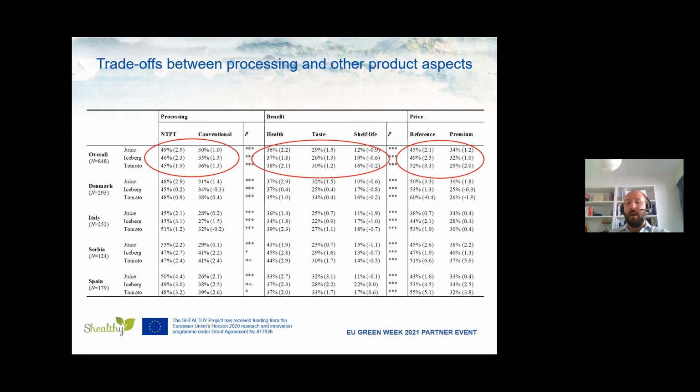So generally speaking, the health and taste benefits were much more strongly impacting consumer choices. With respect to processing, this was really interesting because we didn't see a major difference in the two levels that we presented, the conventional and the non-thermal processing, but in fact, there was a preference for the novel processing,